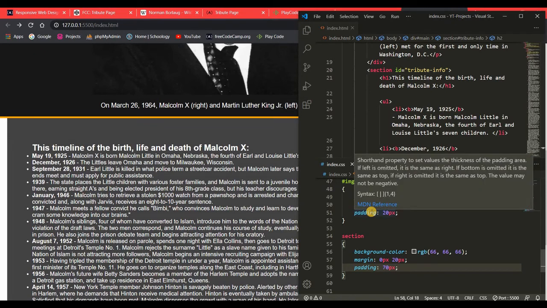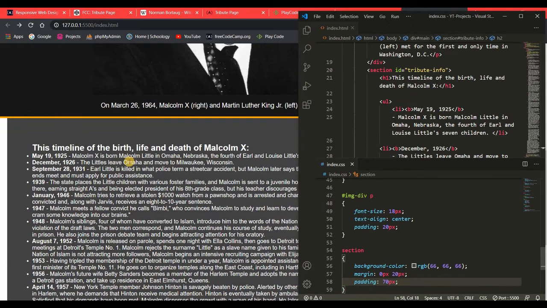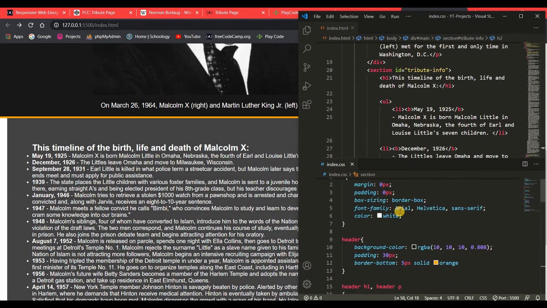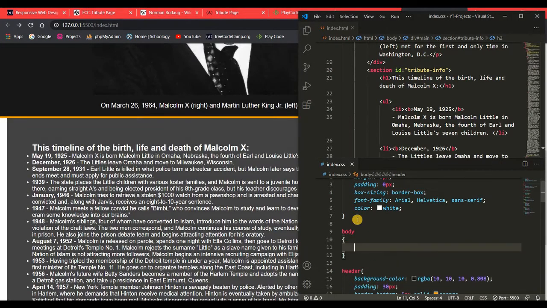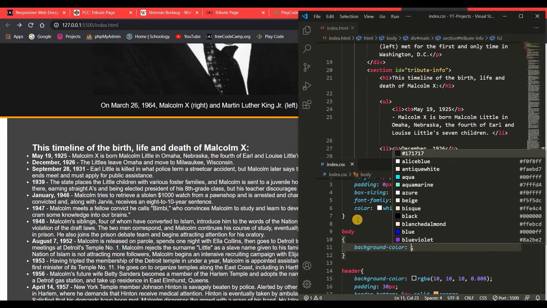And before that, I don't like this white color in the background. So what I'm gonna do is this white background is all part of the body tag, right? So I'm gonna go back up. I'm gonna put the body tag up here and give it a background color of probably